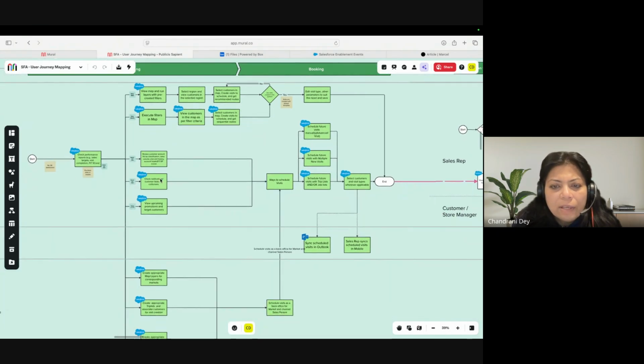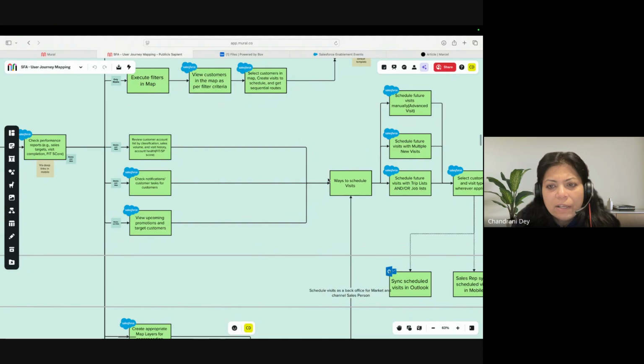There are other ways of creating visits where the whole user journey says that this part is actually done by the operations people, and they do all the scheduling of visits. Sometimes the sales reps also do, but they generally create visits which have to be executed then and there.